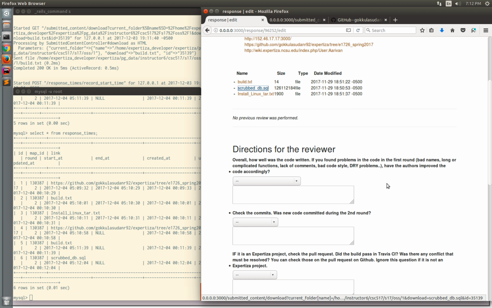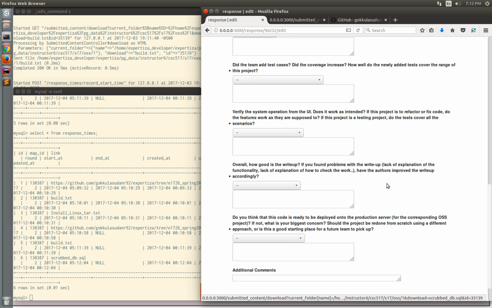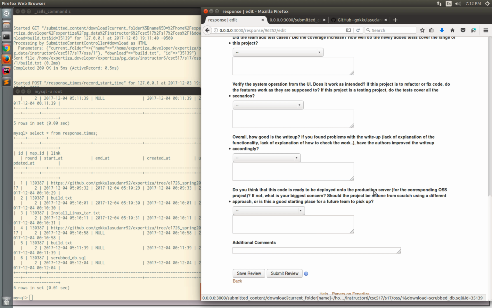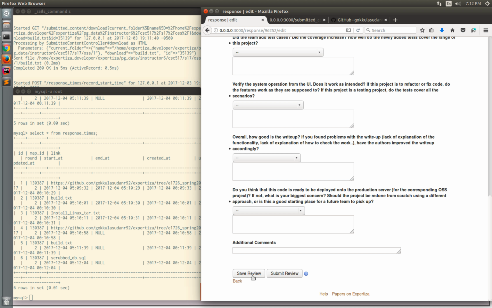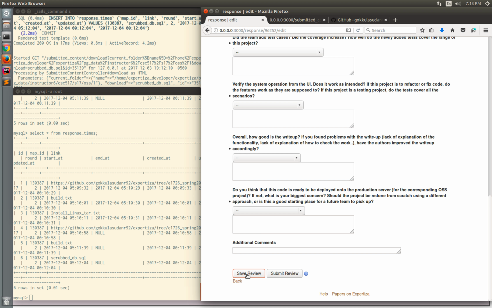For this file, we approximate the review end time as when we click the save or submit button. At that time, it will write the end time into the database. So now let's save the file, save the review file,